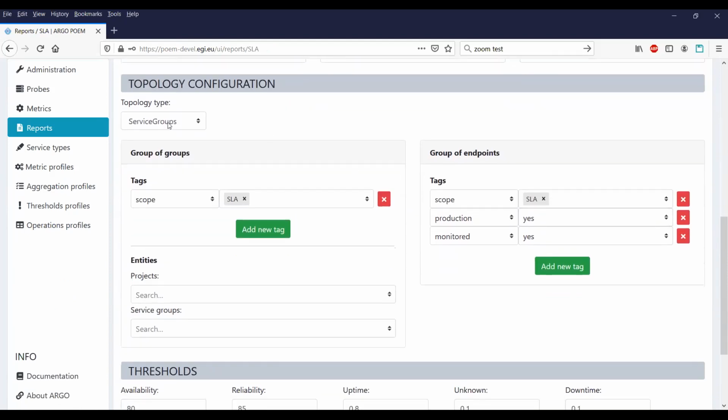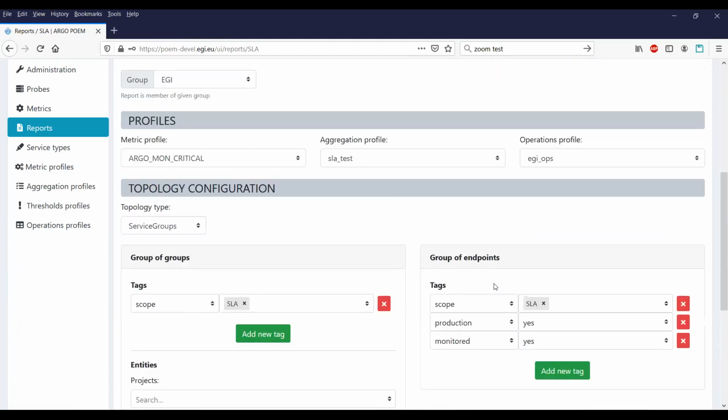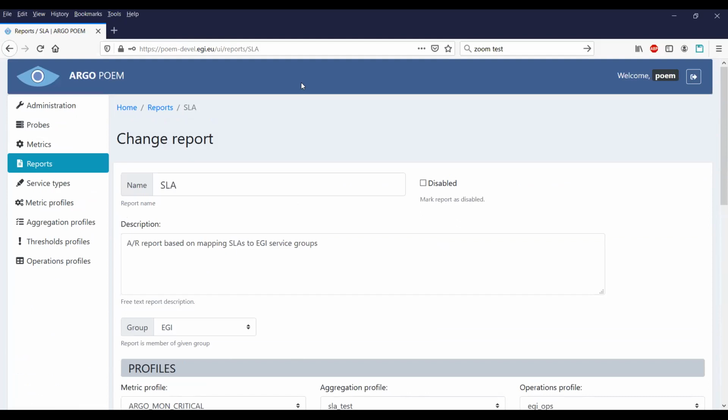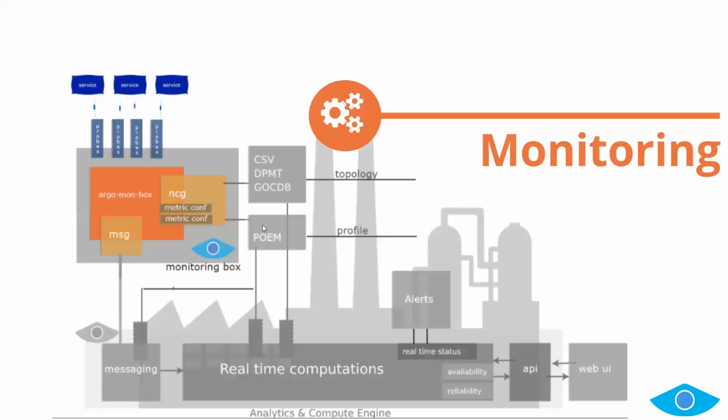So they use grouping based on service groups, not sites. And then the scope allows us to filter the service groups which are in the SLA, and services which are production and monitored again. I will show you on the UI how all this looks from the user perspective. And that's it for Poem for now.